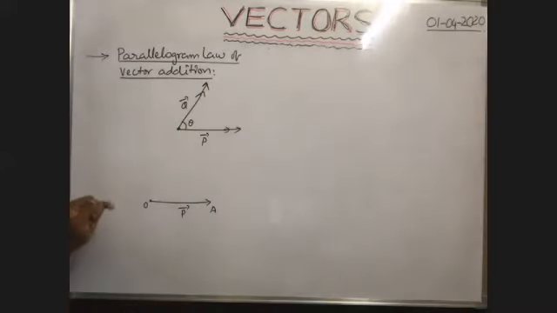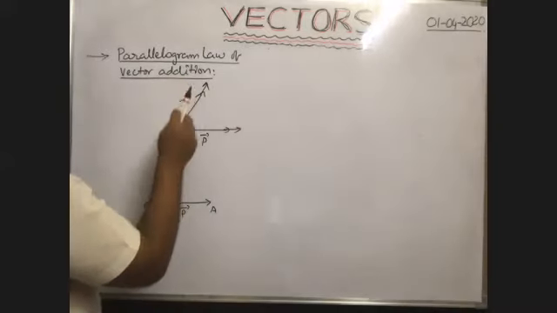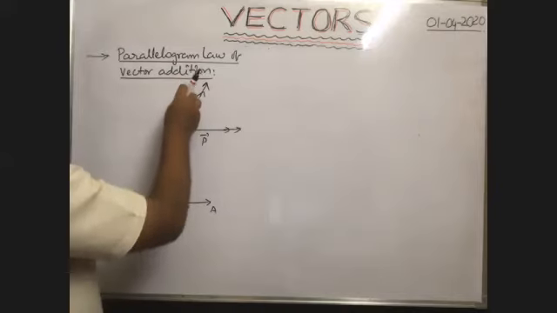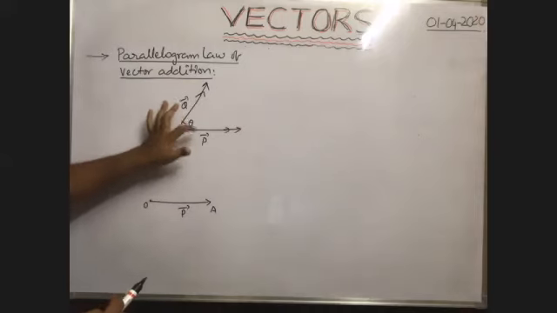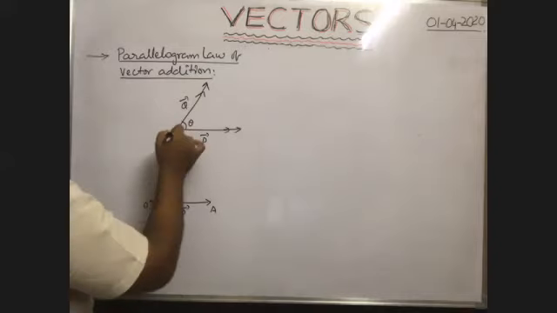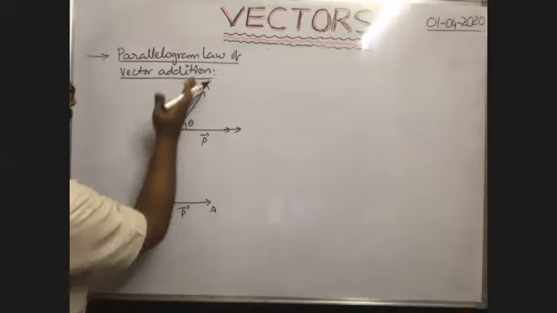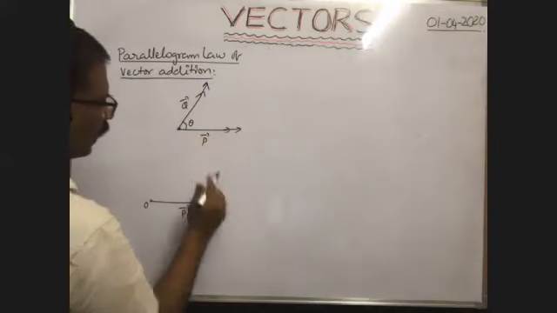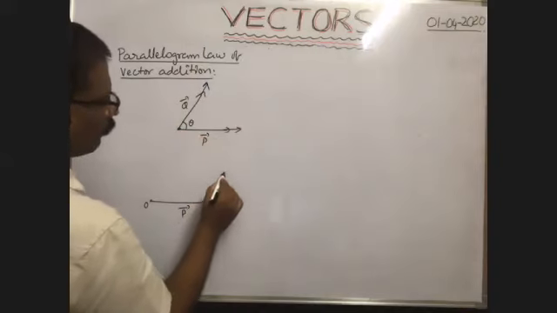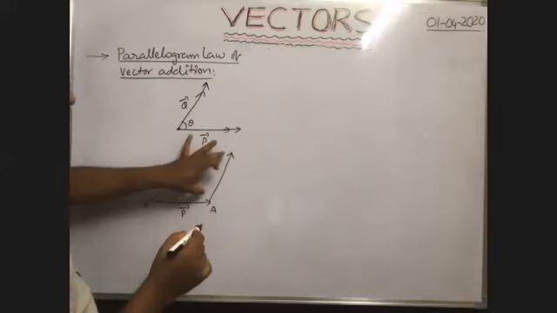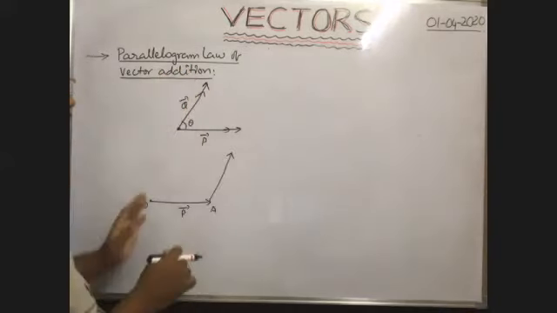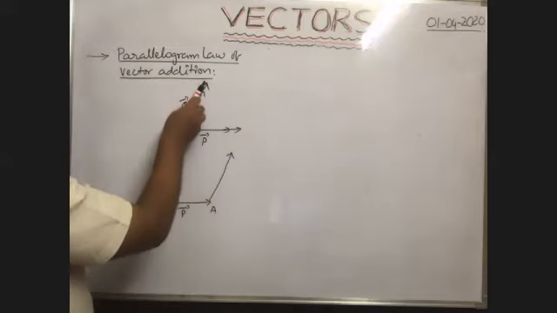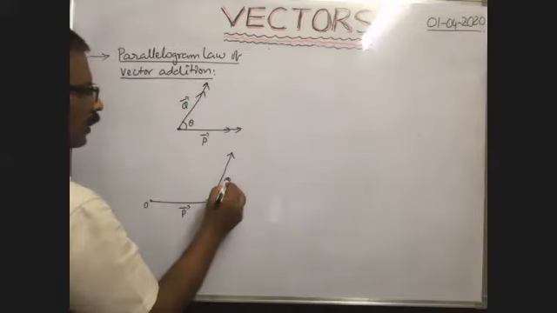Next, to find the resultant of these two, this must be added to this one. To add this vector to this one, the initial point of this vector must coincide with the final point of this vector. So parallel to this vector, you draw the same vector here. Its length is the same, and the two are parallel and in the same direction, so it is an equal vector and can be represented with q bar.